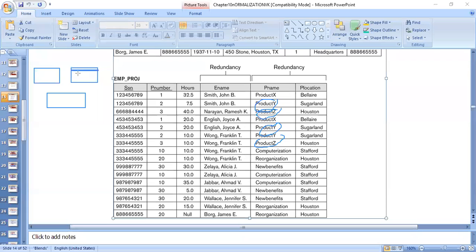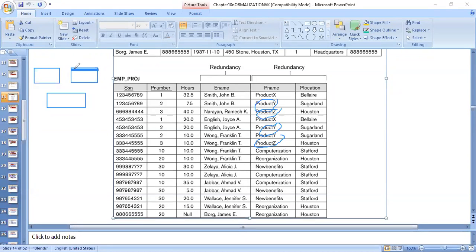Why is it advantageous to create three tables? The reason is, in this situation, when I want to delete a particular project, when we have three different tables, when I delete one particular entity from one table, it is not going to affect the other tables. It will delete only those tuples which are related, but it will not delete the other values like employees.